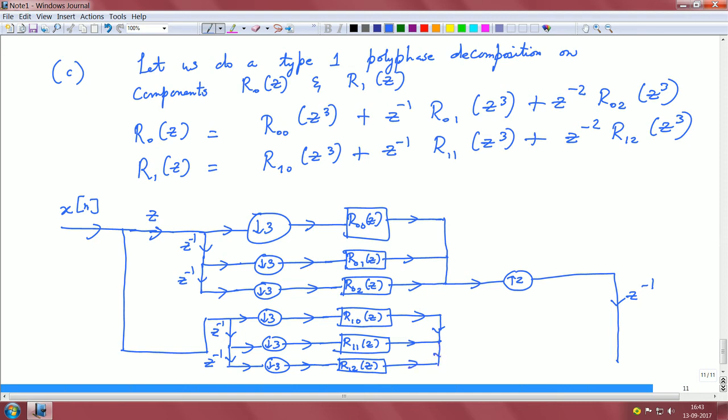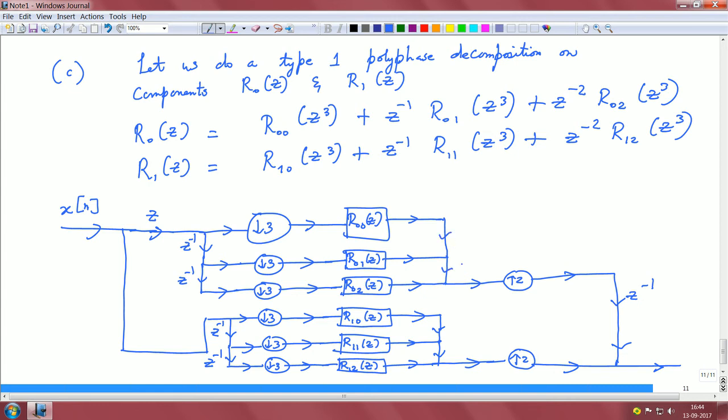Now we combine all of these, upsample this by 2, and then sum this up at this point, right? And this is an efficient realization